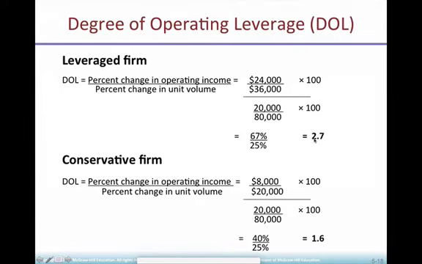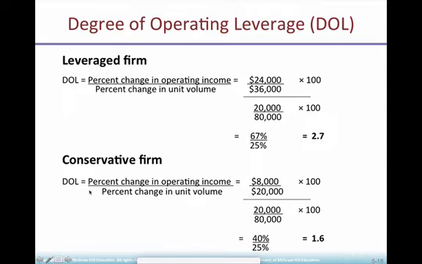What does it mean? The interpretation of this number is that every 1% increase in unit volume is going to increase my operating income by 2.7%. It's a 1 to this number relationship. Now it can work with multipliers of the numbers. If I increase my sales volume by 2%, then my operating income is going to increase by 2 times 2.7, which is 5.4%. So it's important for a business to know what kind of impact you have from an increase in unit volume on your operating income.